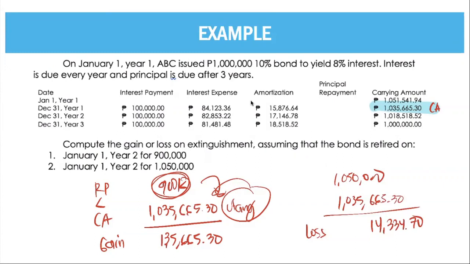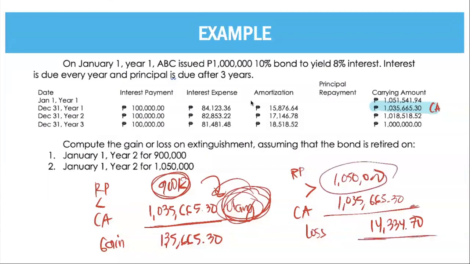Take note on your gain or loss in your liability. There is a gain if your retirement price is lesser than your carrying amount. There is a loss if the retirement price is greater than the carrying amount. Because again, the carrying amount is your liability and the retirement price is the amount you need to settle that liability. So dito nakamura ka, kaya may gain. Dito napamahal ka. Ito lang yung utang mo, binayaran mo ng mas mahal, you have a loss. So that's it for your notes and